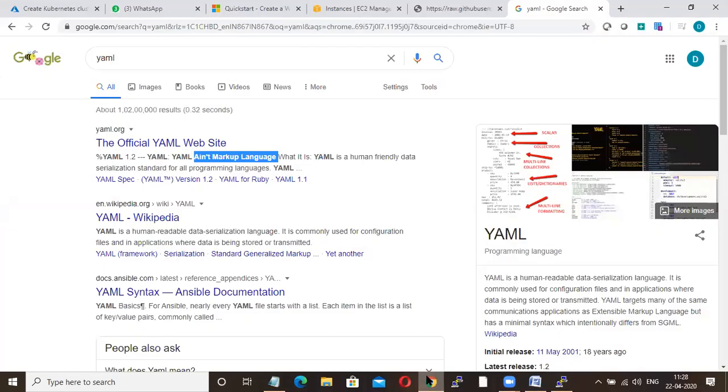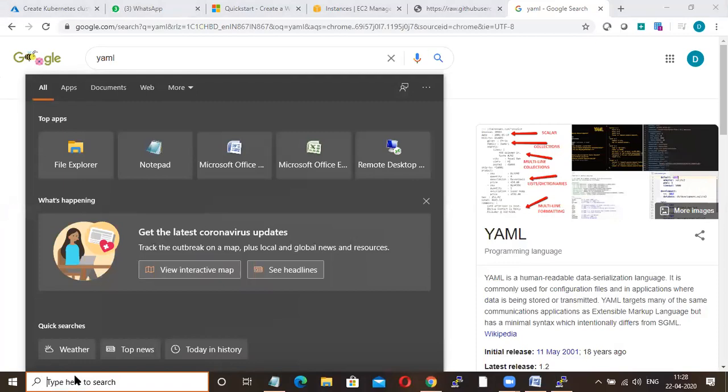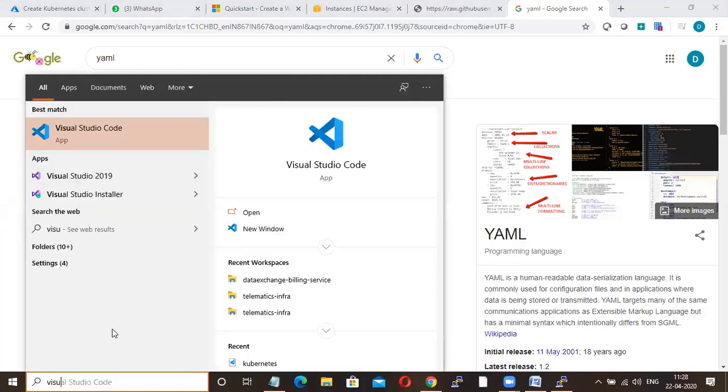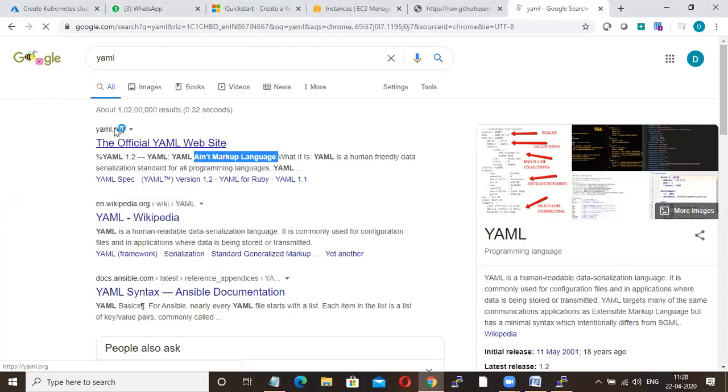Okay. So what is a playbook? In a playbook, we are going to perform multiple tasks at a stage. Again, here I'm not going to write any Java, .NET, or Python. It is just indentation. That is, here space is very important. Okay. So just open your Visual Studio Code. This is Visual Studio Code.